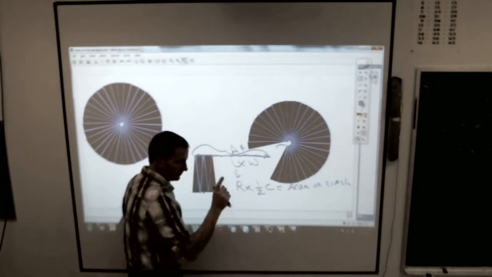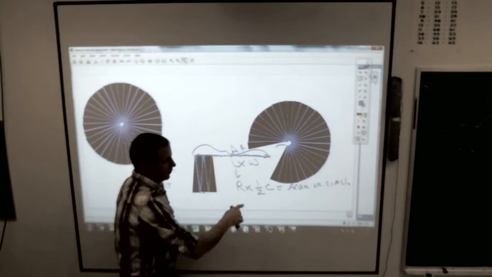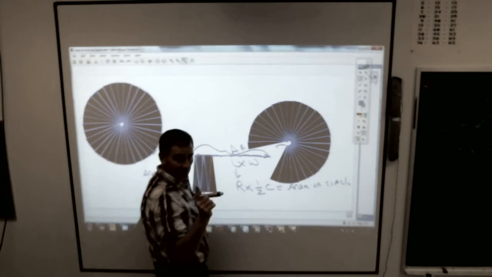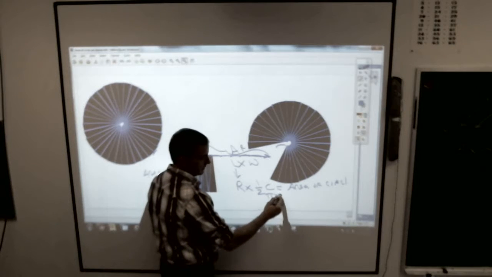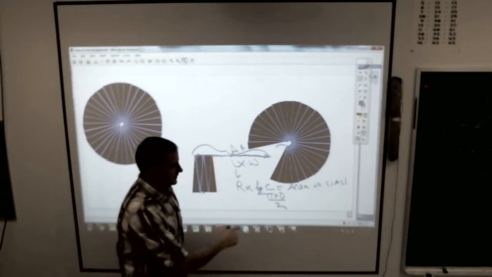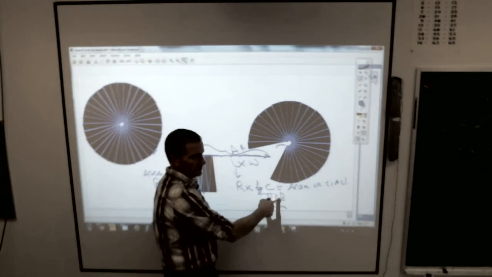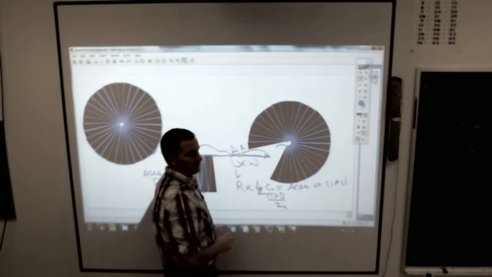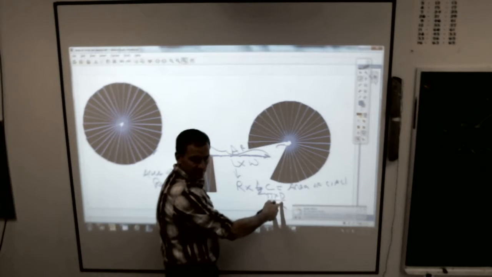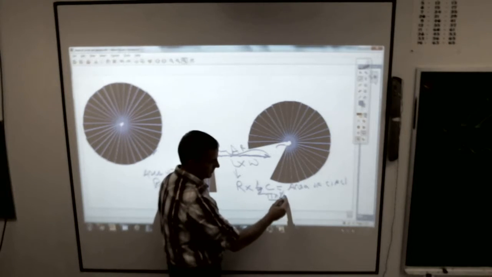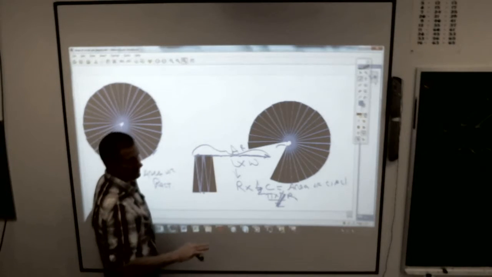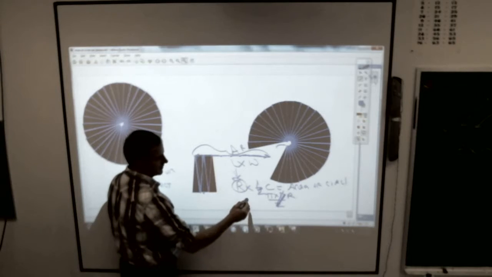Now, we don't call it that. We need to manipulate this a little bit. How do you find the circumference of a circle? Pi times diameter, right? So I need to take 1/2 of pi times diameter. But what is 1/2 of the diameter? Radius. So I can get rid of this, 1/2 of the diameter, and just make it a radius. So now what am I left with for my formula for the area of a circle? And that's all you need to know. You don't even need to understand this. Radius times